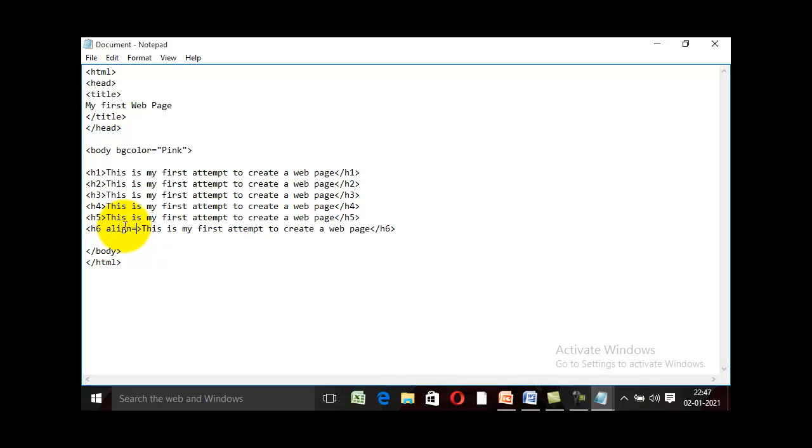Align, align equal to center. Center, and heading tag 6, angle bracket left, angle bracket right. Then in the text display, the text align to center in h6. Okay, now